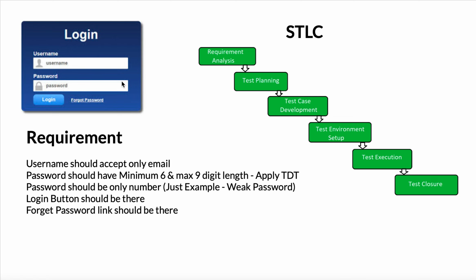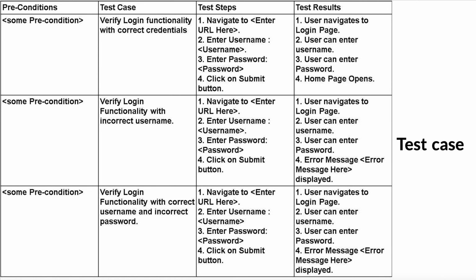Suppose the customer is giving this to the business analyst, and the business analyst is listing down those things, preparing a document and sharing it across the team, so that the team can start development and QA can start writing test cases. So suppose I have the requirement in my hand as a QA, I will write test cases. How will I write test cases? I'll prepare a test document. Companies use different tools like Zephyr, TestRail, Jira to write their test cases. Suppose I'm writing in Excel,